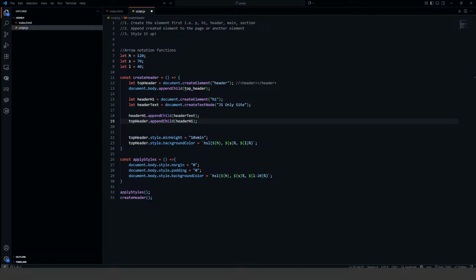It also gets us really accustomed to the DOM and understanding the DOM. Right, so if we save this now and we revisit our website that we have over here,